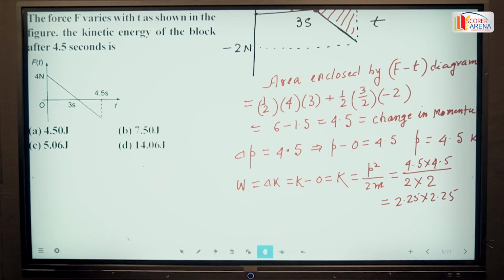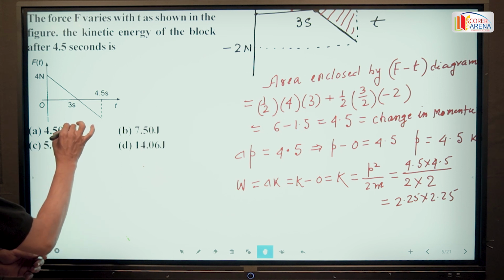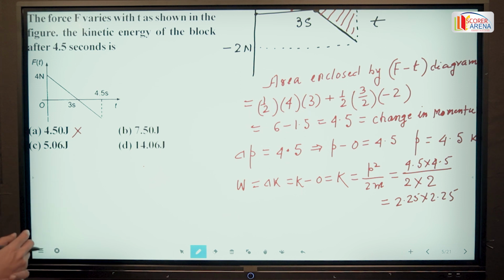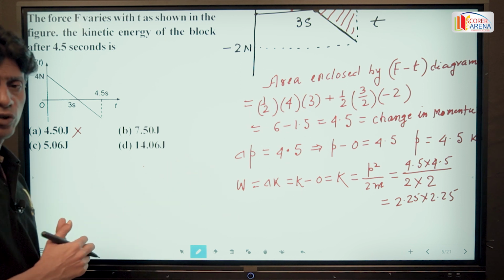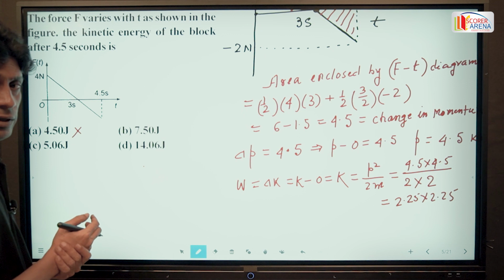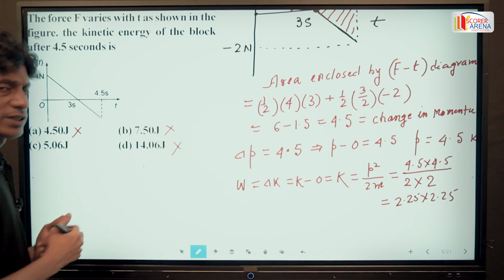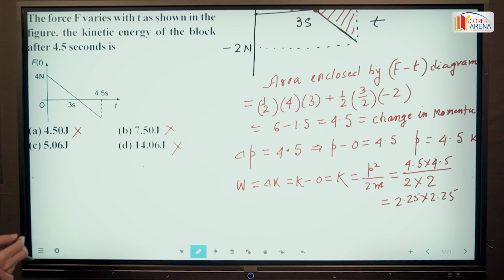So therefore work done on the body, or change in kinetic energy, or kinetic energy of the particle, 2.25 and 2.25 should be greater than 4.5, so this is a wrong answer. And 2.25 and 2.25 multiplication may not be 7.5 and 14.6, it is impossible. So therefore, by checking the options A, B, C, D, we can say only C